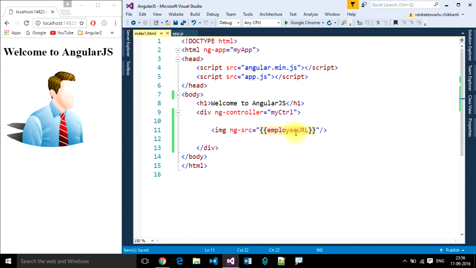Using the ng-src directive, we will bind dynamic URLs using AngularJS without any failures. src will not give you confirmation about displaying the image, but ng-src promises to bind the image URL.